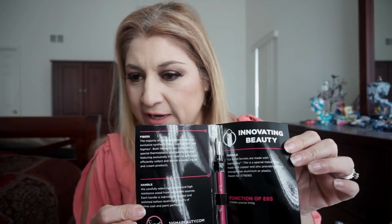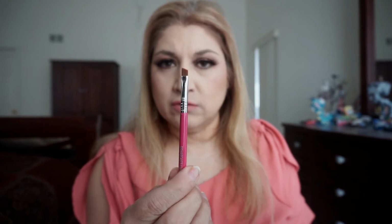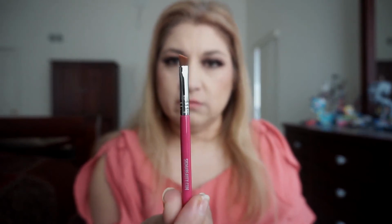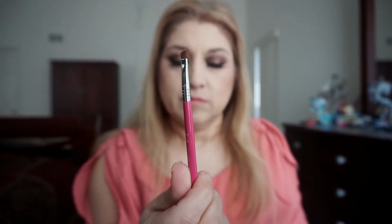That's a cute little brush. I got this. It's called the E65 Mini Small Angle Brush. And this brush here, it says here you can make smooth fluid lines along your upper and lower lashes or create hairline brows. So it's pretty cute. Yeah, it's angled for that precision. So that's nice. I got that for free. And then the last thing I got for free